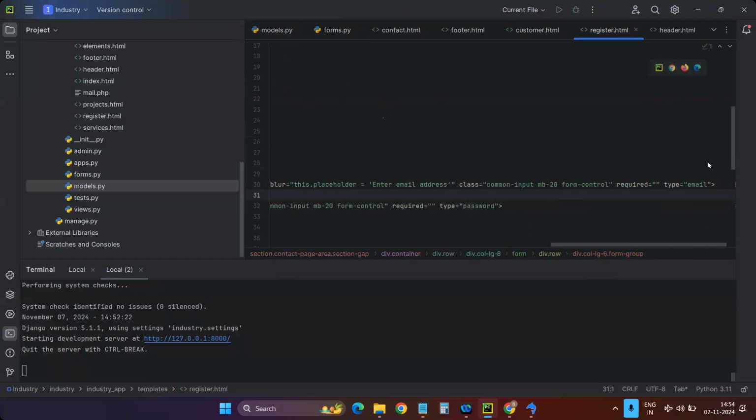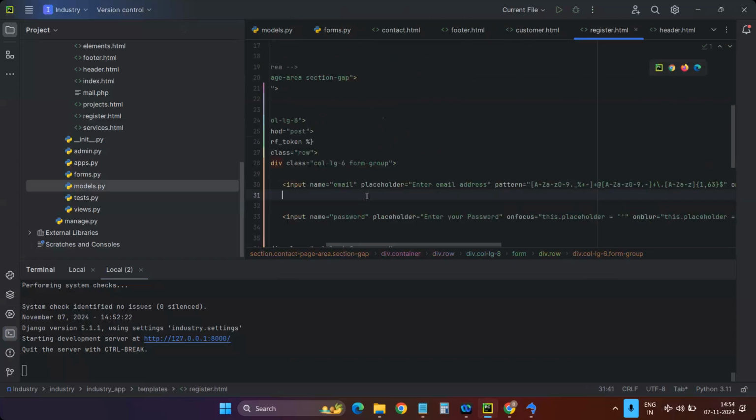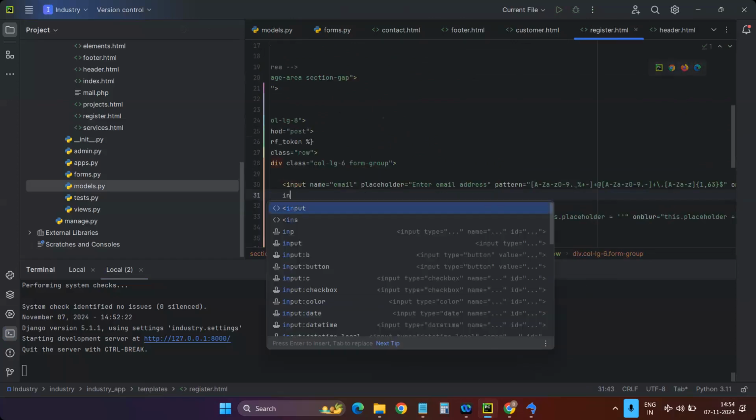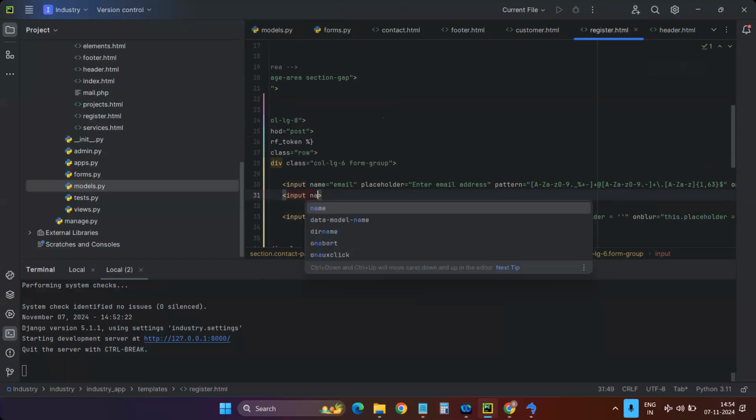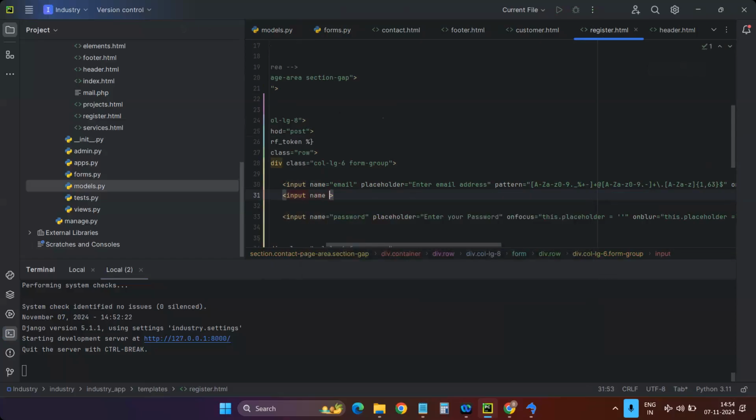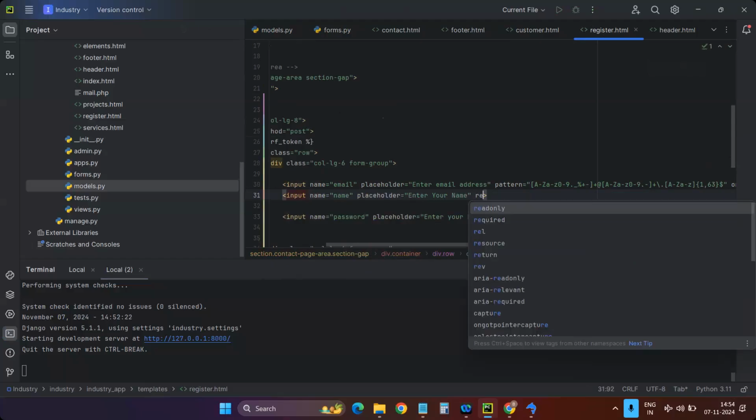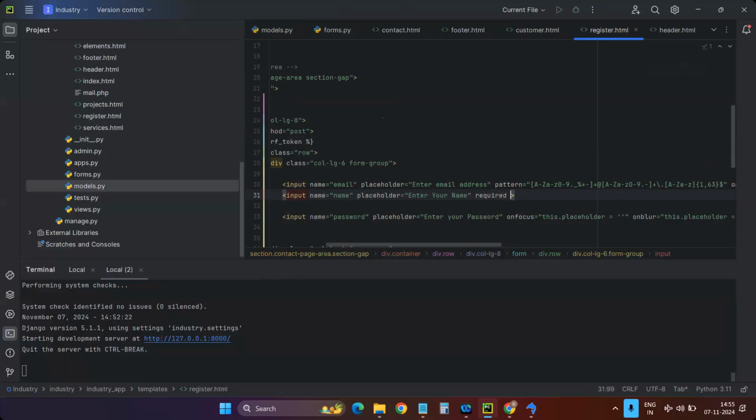I don't want to take this long HTML page. I will add the required fields only. Input name. Already I have taken name equal to name, I have name in my models. Placeholder: enter your name. Required, type